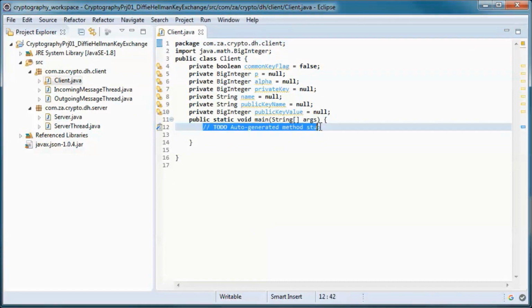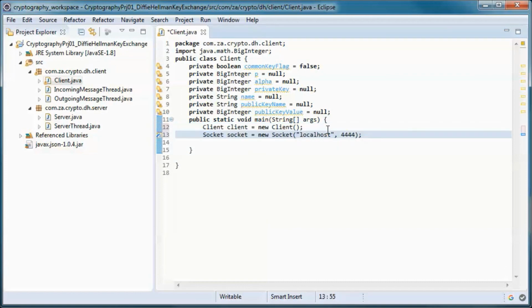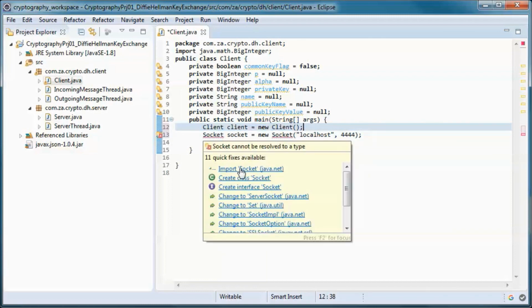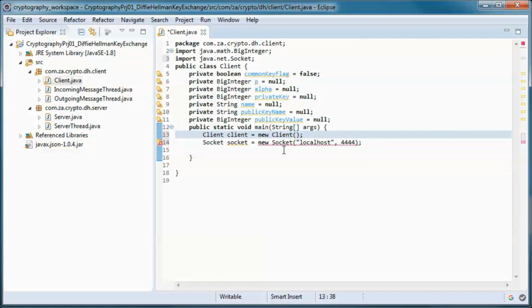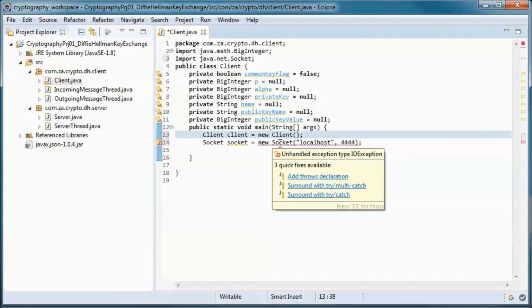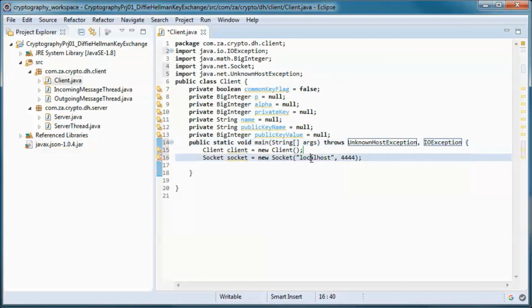And we will instantiate a client instance, and the server for the purpose of this tutorial is going to be on localhost, and this is the port where the server is listening.